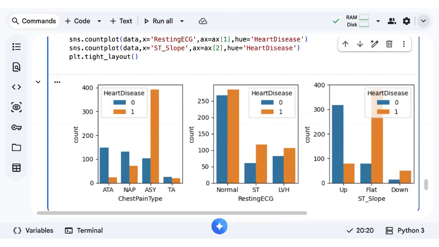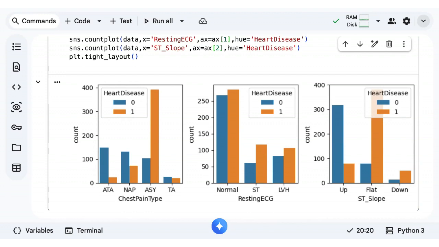If you want to treat all pain as same, you can go with one hot encoding, one way. Okay, if you can understand the domain, then you can go with a manual encoding.